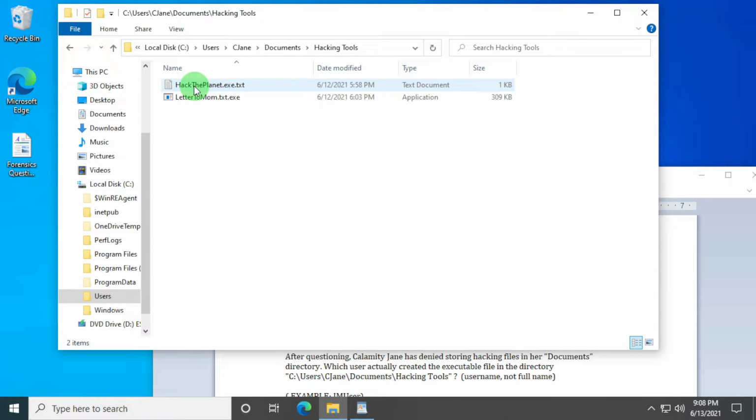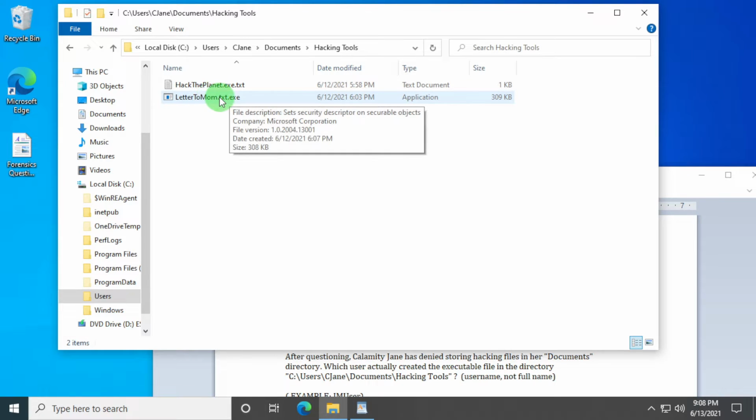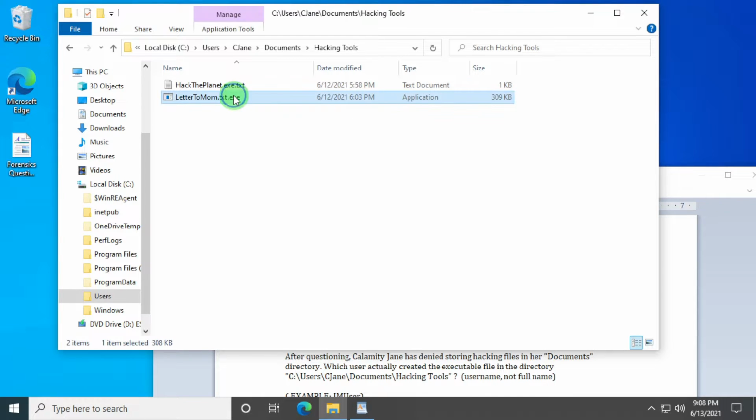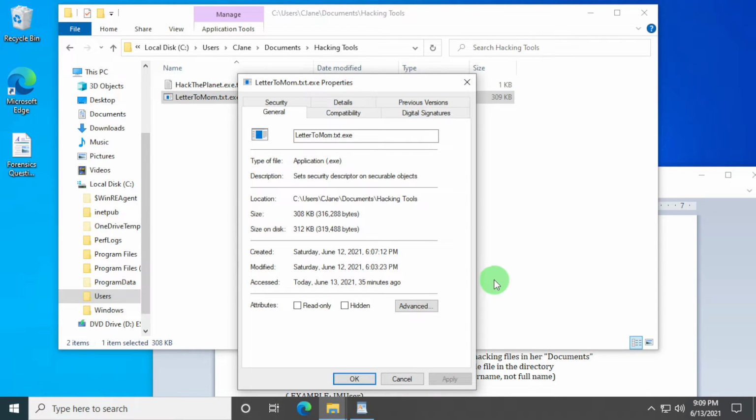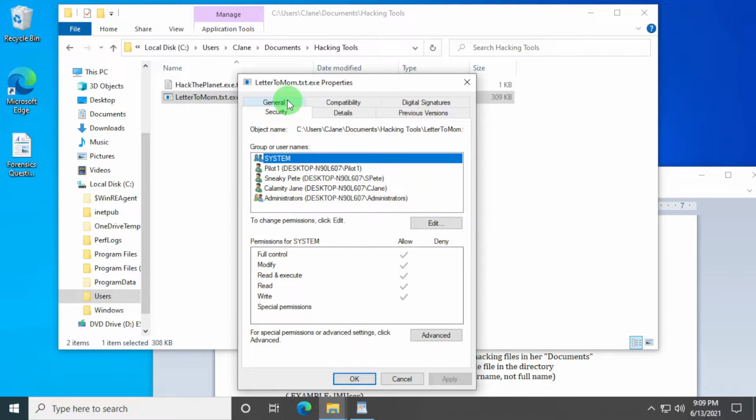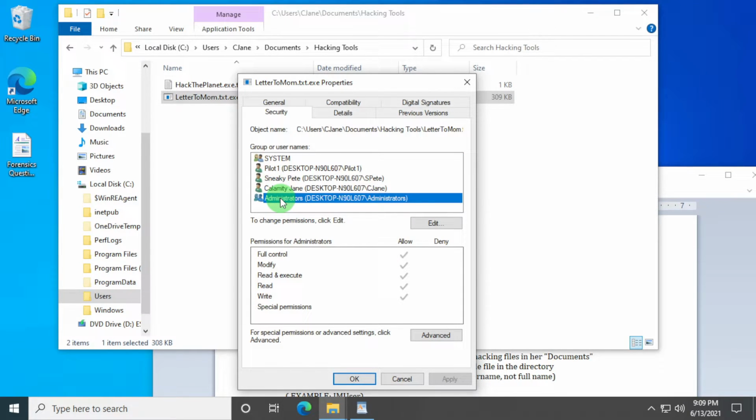From here, we remember that lettertomom.txt.exe is the actual executable file that we found in this folder. Let's right-click on it and choose Properties. From here, we'll select Security. Here are the lists of users, and we can click on each particular one of them to see what rights